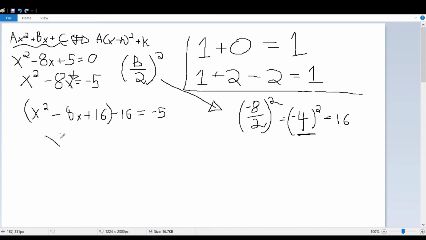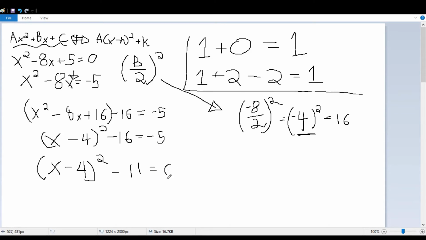So now we have x minus 4 quantity squared minus 16 equals negative 5. Now we can scoot that negative 5 over, right? So now we can get pretty much the same thing. X minus 4 squared, scoot it over, so it's essentially adding 5, so minus 11